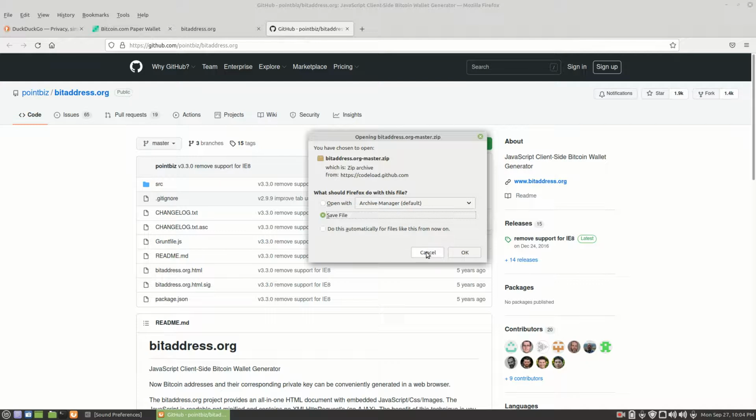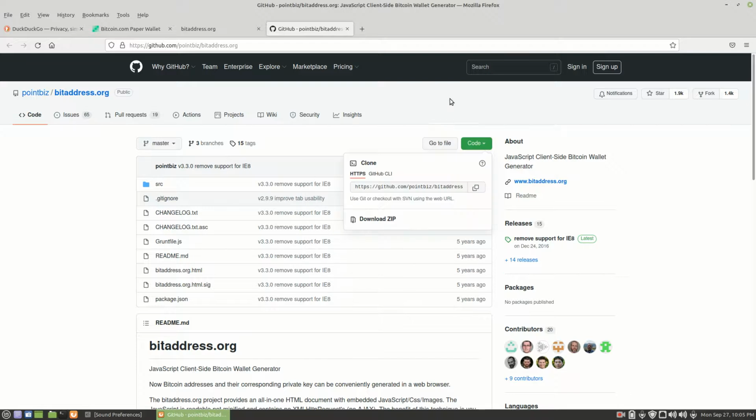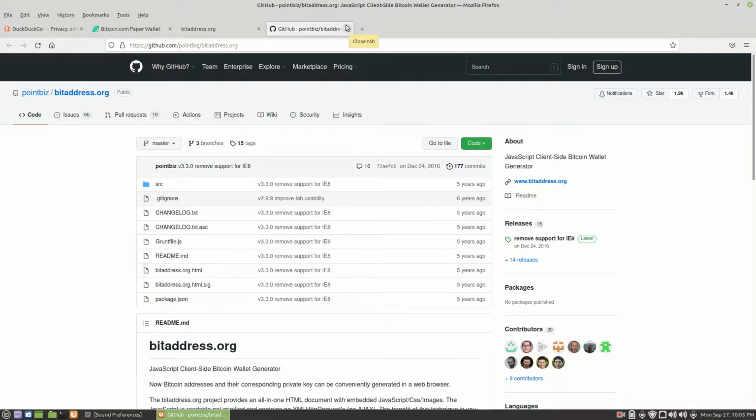I downloaded it already. It's on my desktop. This is compatible with at least Linux. I'm using Linux Mint, and it is also compatible with Windows 10, right? You go ahead and download the Bitcoin wallet generator,